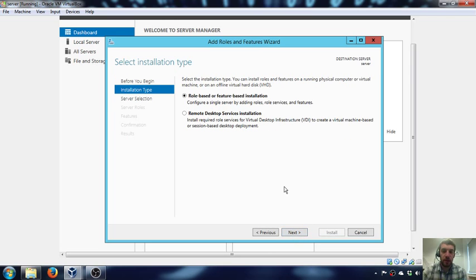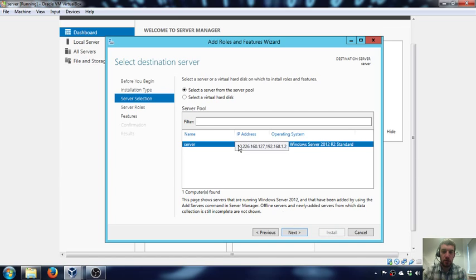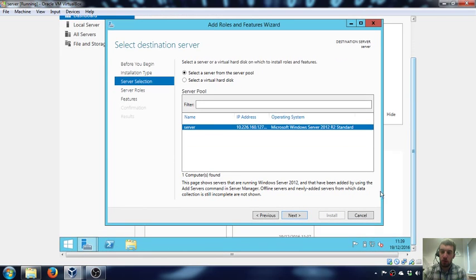Role based or feature based, yes, that's what we want. Let's click next. It then says server selection. Okay, you can now see the two IP addresses in my system. 10.226, a private address, and 192.168.1.2, also a private address. So one is adapter 1, the internal network, and one is adapter 2. Okay, so we just click next,